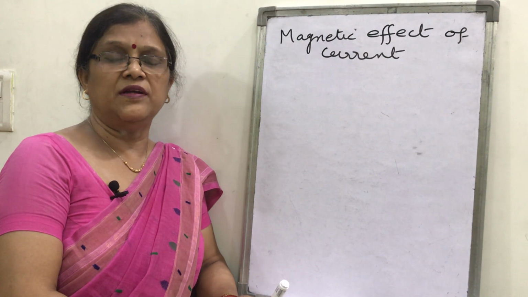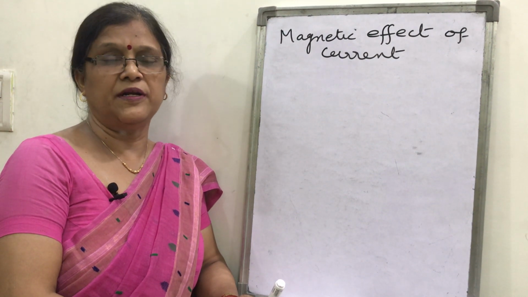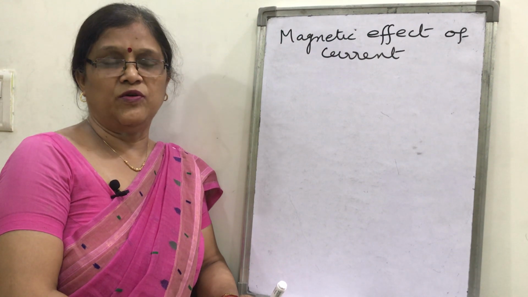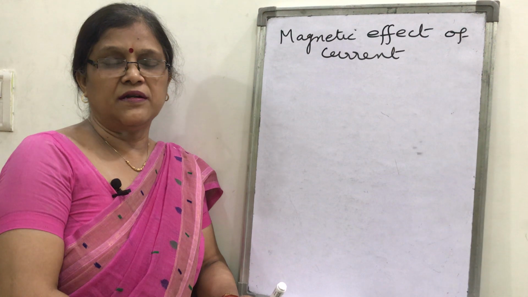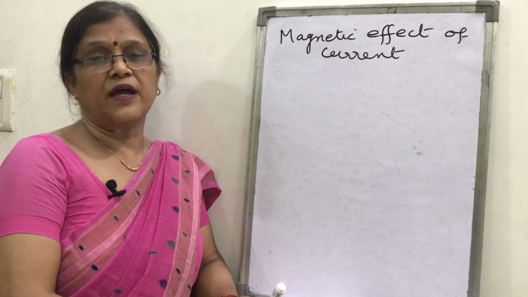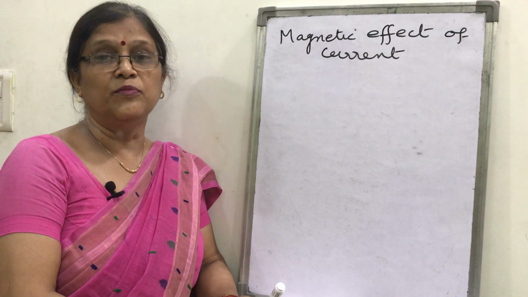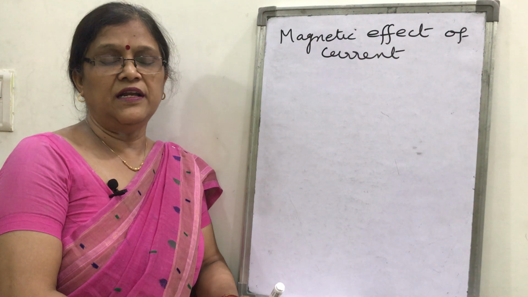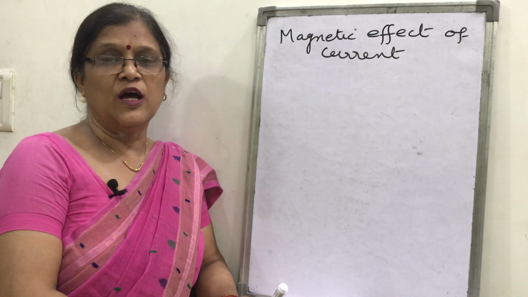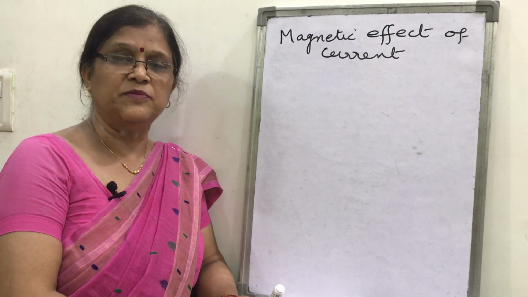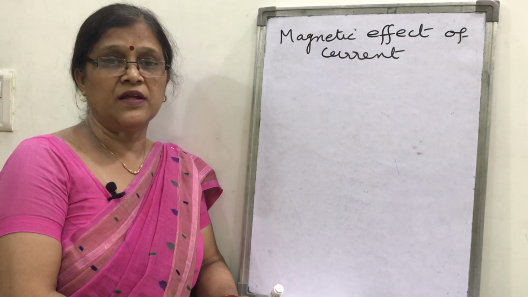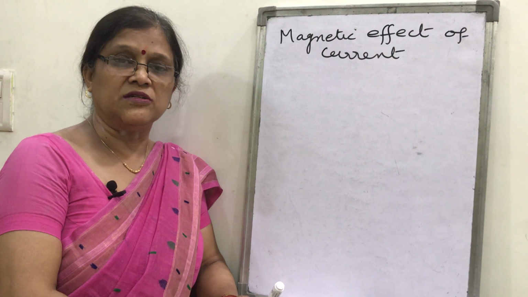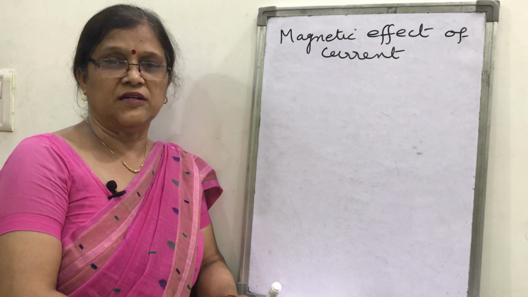How is the magnetic field produced? That is by the permanent magnets. You have seen bar magnets and U-shaped magnets, but the magnetic field can also be produced by moving charges. Till electrostatics, we have read about the stationary charges, force between them, and the electric field of charges. But if the charges are in motion, what can you say about that?